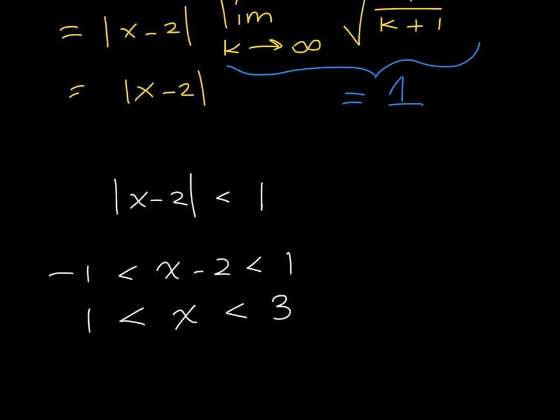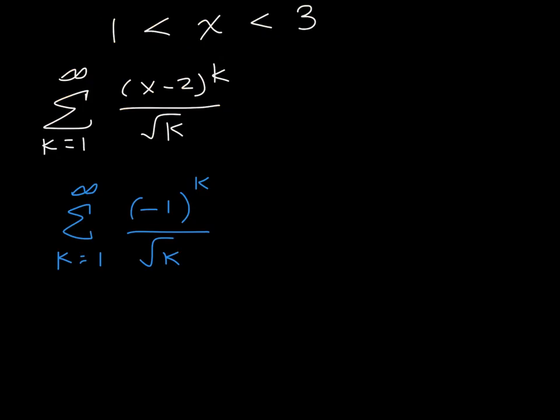Awesome. The only thing that's left to do is to test the endpoints. So what about at 1? What about at 3? We're going to plug those values into the power series and investigate. Okay, I've plugged in 1 into my power series, and this is what I get. This is an alternating series: negative, positive, negative, positive, negative, positive. It's an alternating series, and we know that by the alternating series test,